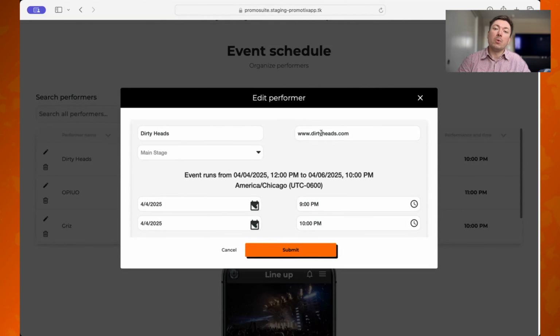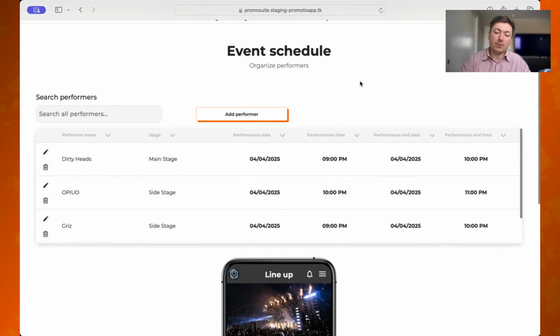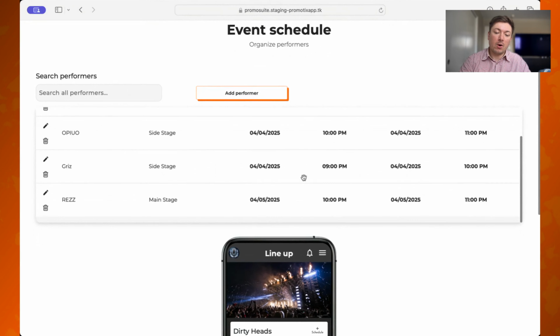So when people are scrolling through the lineup in the app, they can tap on an artist or a performer and then be taken to their website. And then, of course, here you assign them a stage, and then you assign their performance slot. So what date, start time, the end time, and you repeat that for all of the performers until you have